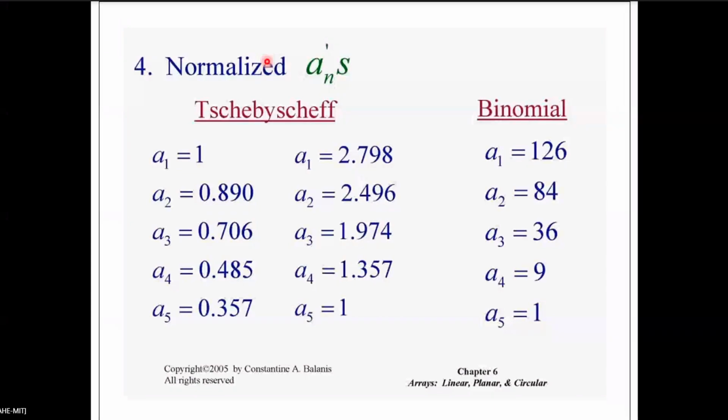Equate this to T2 of Z. 2 is small m, and m is 1 less than the number of elements of the array. Equate the array factor equation to T2 of Z. So equate what we got previously to T2 of Z. T2 of Z is 2z squared minus 1.